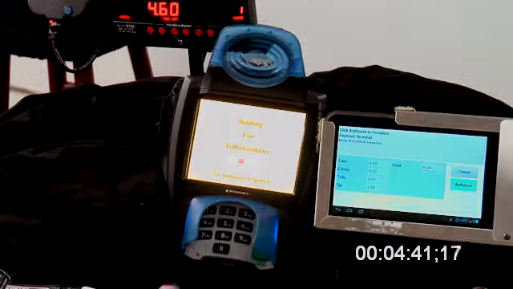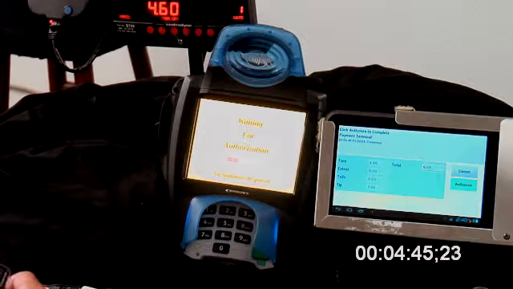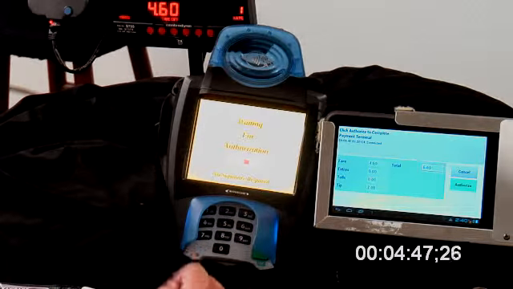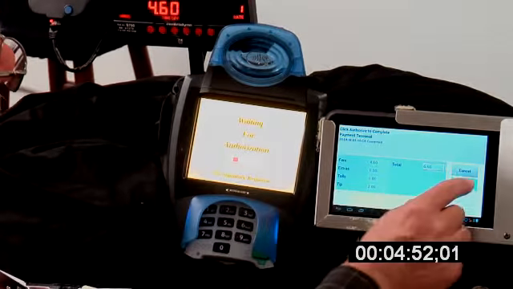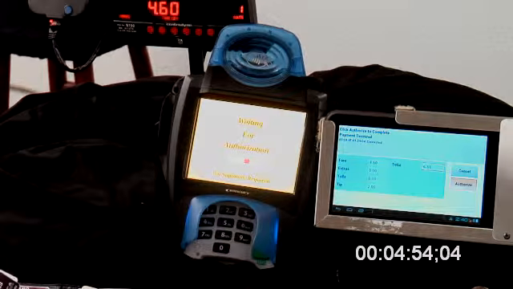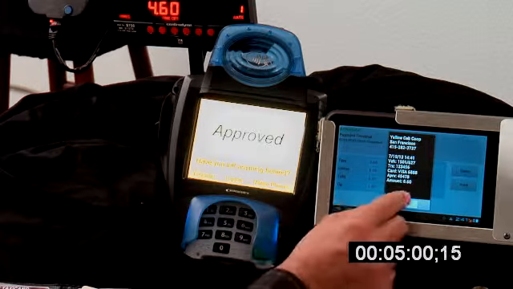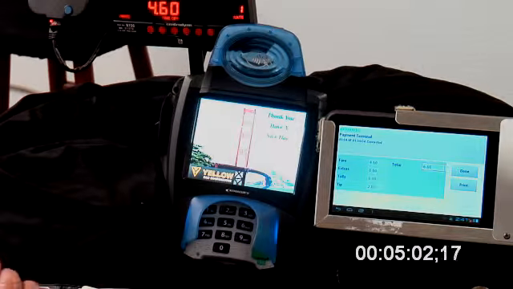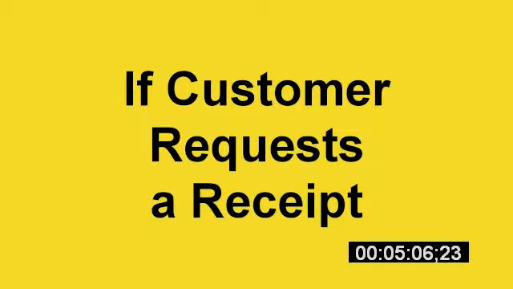You'll see an authorize button, which is the next step in order to process the transaction. You look at the transaction, make sure that there are no errors, everything looks good. You press authorize, and you have an approval. Approved, okay. Now, again, in order to print out a receipt,